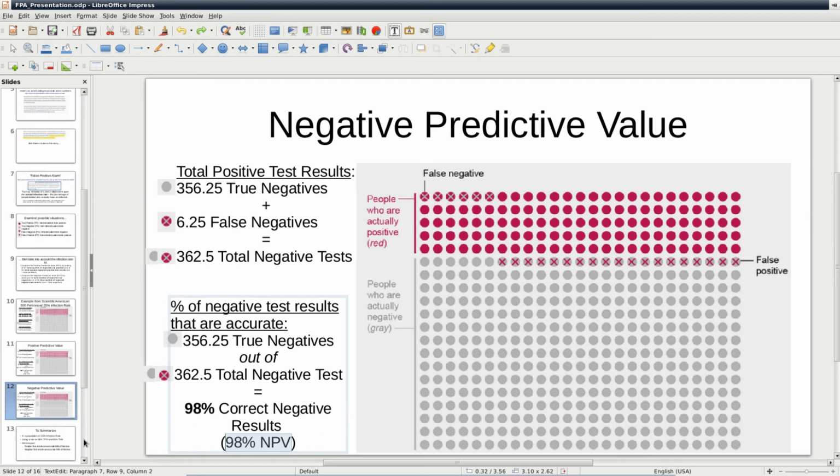Does that make sense? It might make sense. If that's not clear, I'd say pause the video and go read through the article and look at these more closely, or go back. You can go back and listen to my explanation again. I don't know how good my explanation was, but